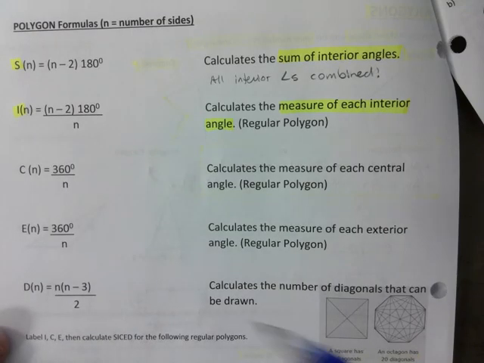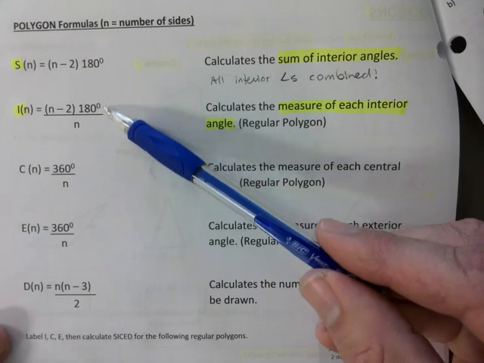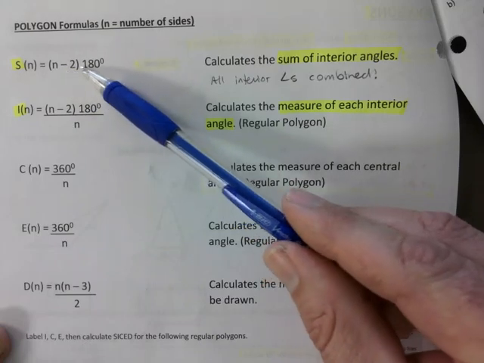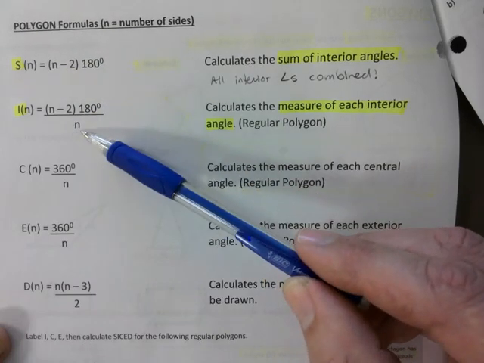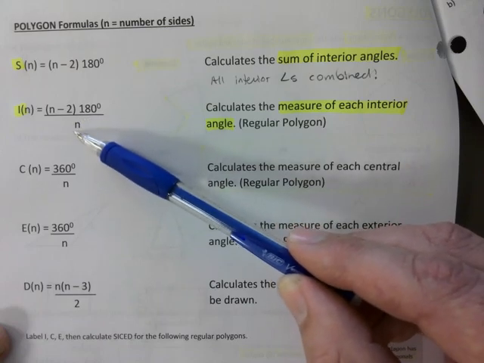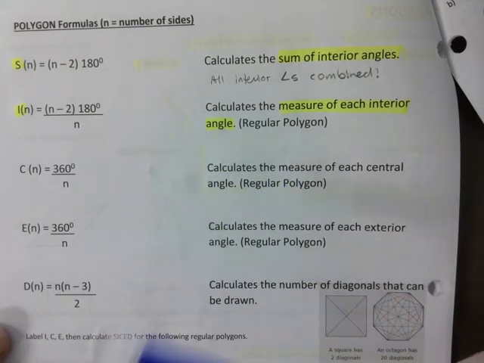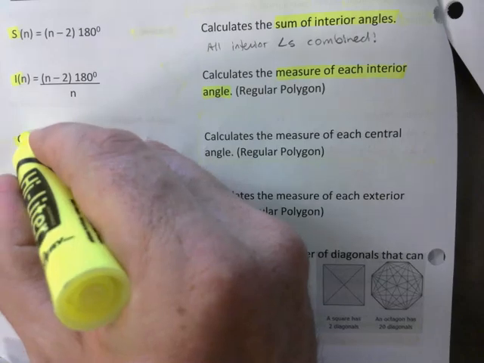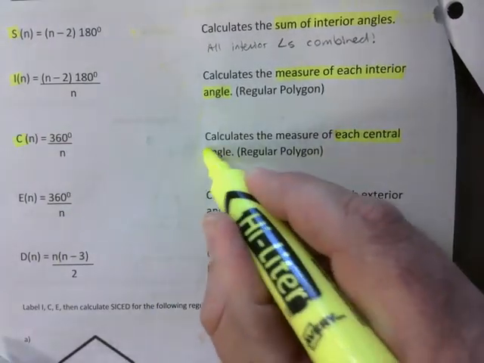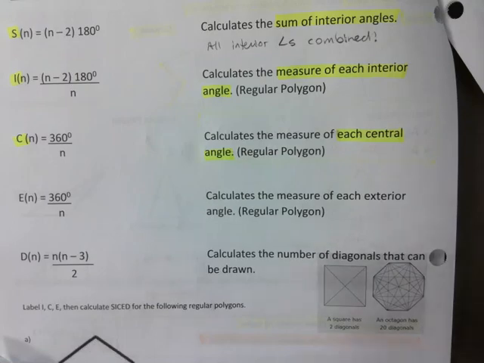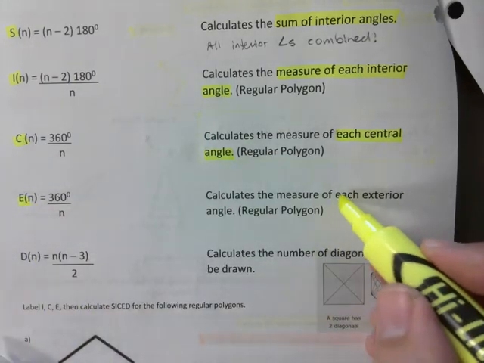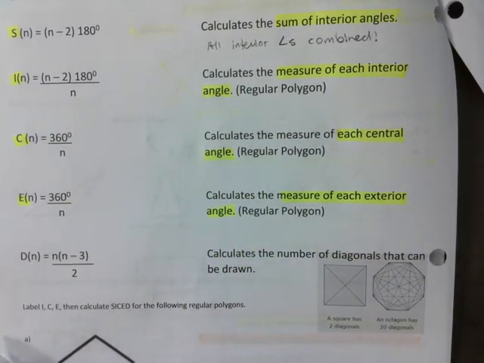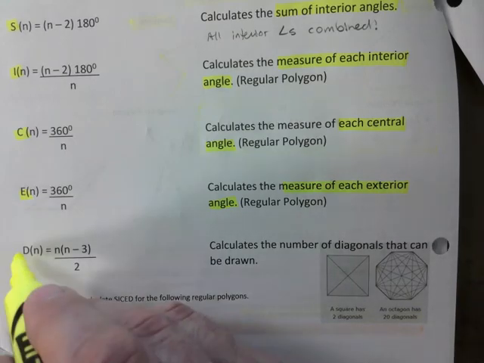What's the only difference between the previous formula and this one that I just gave you here? What are you dividing n minus 2 times 180 by? By n, by the number of sides. So you're going to find out what each individual interior angle measure is. Central angle. C stands for each central angle. E, you will figure out the measure of each exterior angle. And D